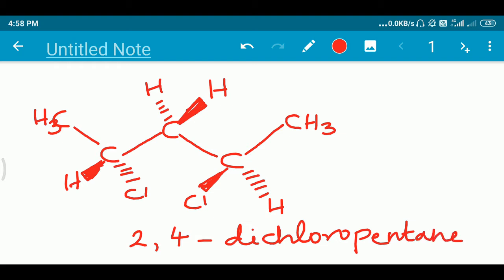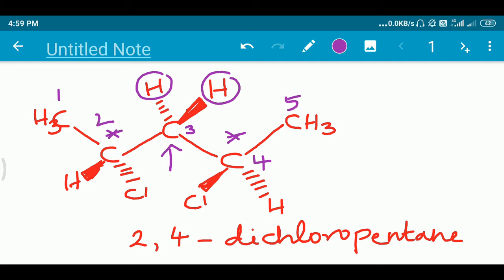We know that this molecule has two chiral centers. So you have one chiral center here and you have another chiral center here. This is not a chiral center because this carbon is not attached to four different groups. Now let us number it. Okay, if you number it from here, 1, 2, 3, 4 and 5,